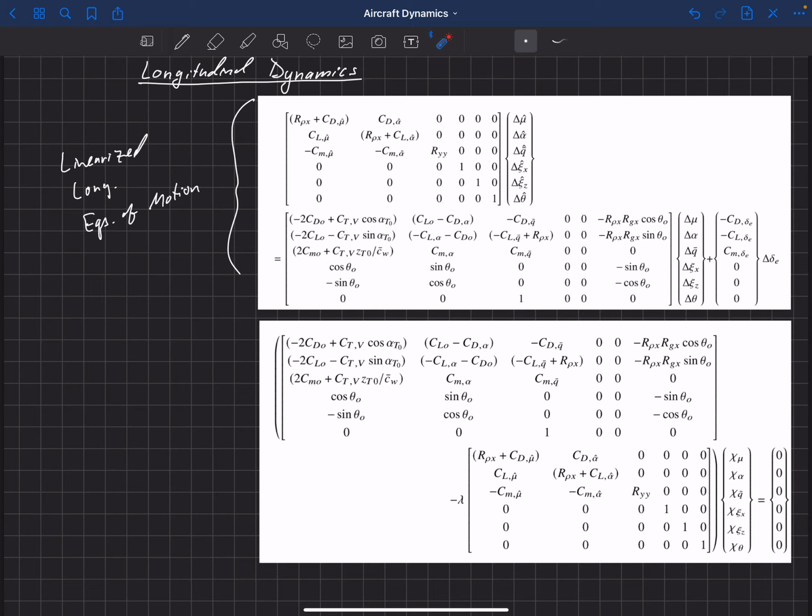Now we're going to look at the homogeneous form of these, which means we're going to neglect the control input. So we're going to look at the dynamics of an aircraft independent of the pilot. This is if the aircraft were just allowed to respond on its own rather than having the pilot take any corrective action during this dynamic motion. And these equations have been linearized about some equilibrium state.